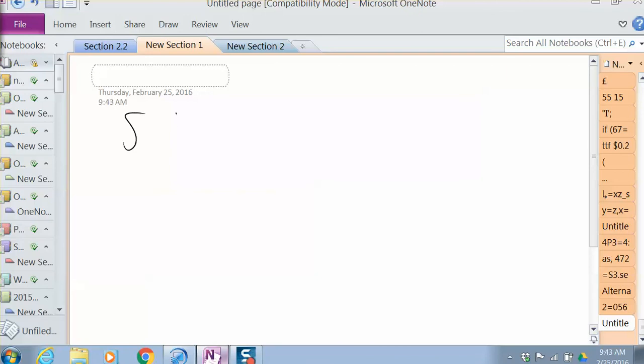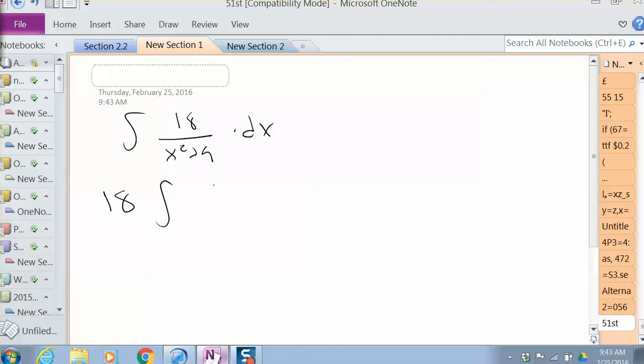So integral of 18 over x squared plus 9 times dx. Before I do the u substitution, actually I'm not sure if we're going to be using a u substitution, not 100% sure yet, but I'm going to write it like this. And then off to the side here,